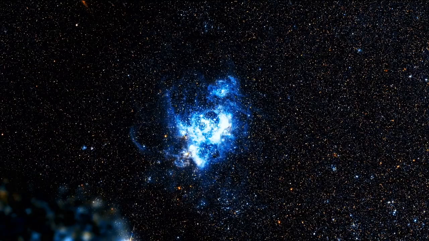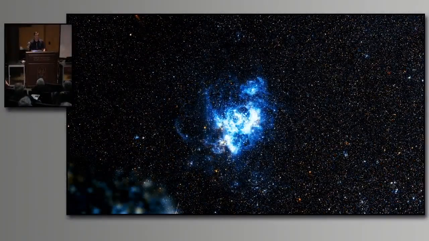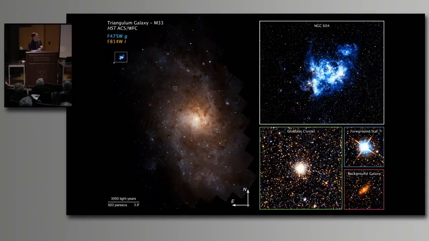My scope can't do it. Your scope definitely can't do it, because you see all this blurry over here in the lower left corner? Yeah, that's what we're taking from the DSS survey, etc. And this is the Hubble image overlaid on top of it. And all of these stars you see here, they're not stars in the foreground. Those are stars in the Triangulum Galaxy, okay? We are resolving individual stars in the Triangulum Galaxy. They tell me there are more than 25 million individual stars in this mosaic.